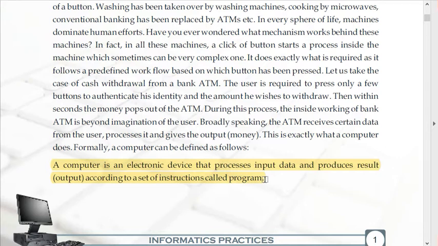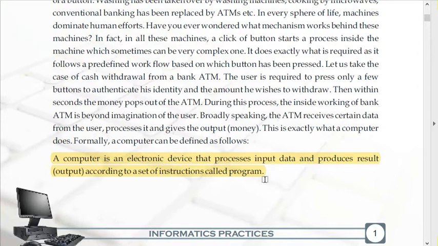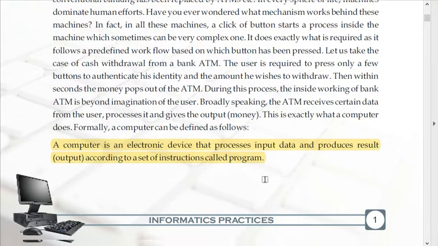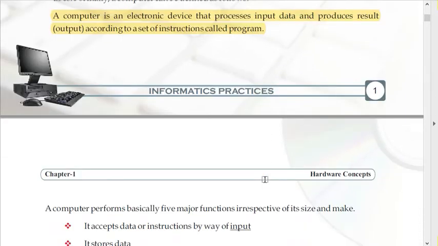I told you that there are certain terms. If I say program, the program is what? It is a set of instructions. We have compiled many instructions all together, so those instructions all together will be a program. And if I say software, if we have gathered all the programs together, that comprises a software. We are going to deal with hardware, software, types of software, but first of all we'll find some major terms of computer.